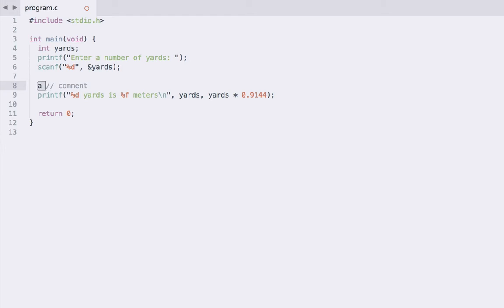So here we might actually want to use a single line comment just to comment this line below and say something like, note that some people spell this meters, because people spell meters differently, who knew? And we can leave that in there as a helpful note when we're reading through the code.